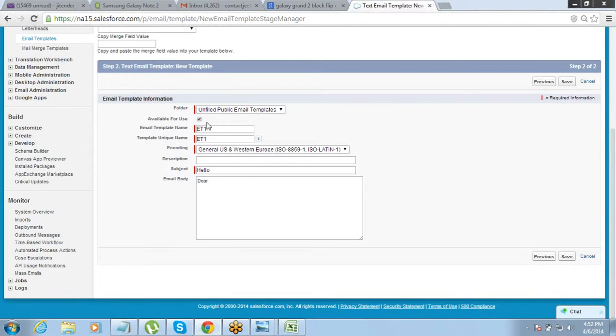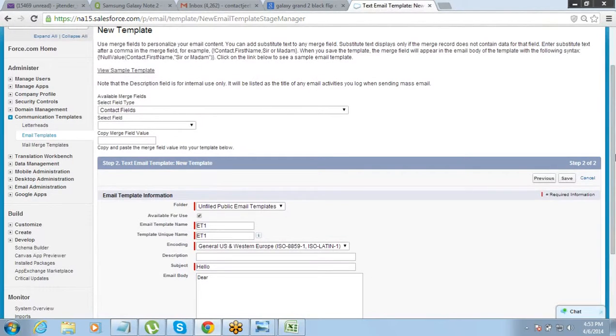Now one more thing that we have to understand here is we can straight away go and type the subject line and the body. There's no challenge in that. The only thing is that the content that you're putting into the email, the subject or the body, might have certain merge field values. Merge field values means, let's say, Dear, and after that you want the first name of the contact. That is a dynamic value. So that thing will come from here.